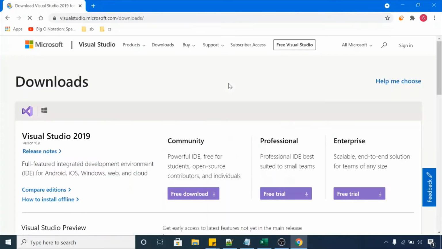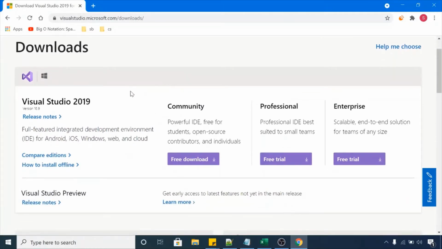Click on this link. Okay, if you can see here, you can get three different editions of Visual Studio. One is Community Edition, the second one is Professional Edition, and the third one is Enterprise Edition. Okay, and the latest release of Visual Studio is 2019. So we will download, install and set up 2019 only, and we'll also cover the demo in this Visual Studio only. Okay, so let's download the Visual Studio.